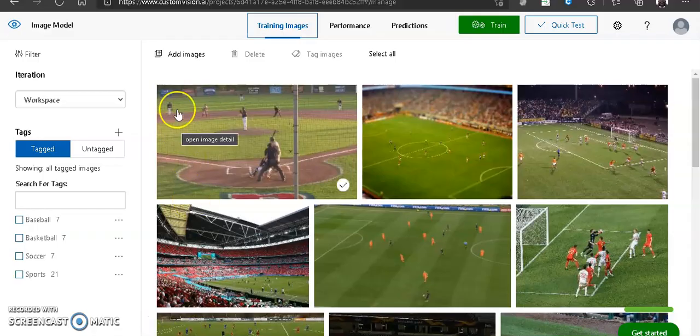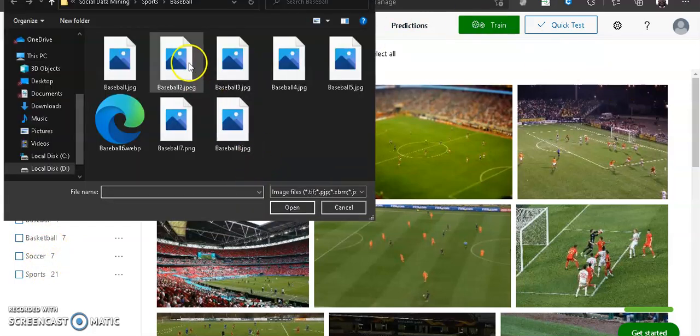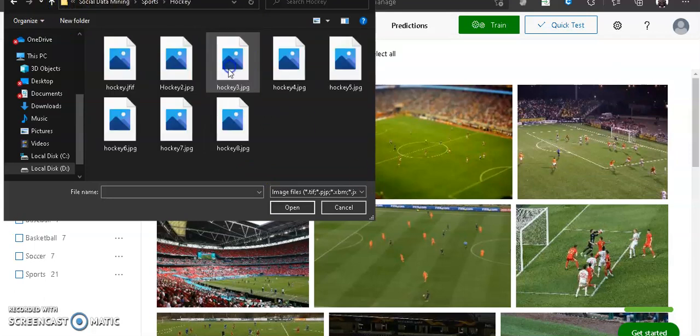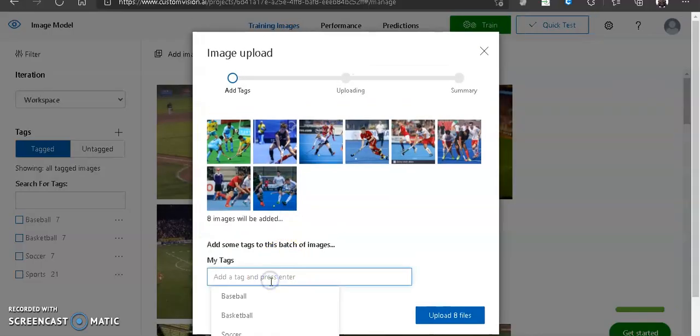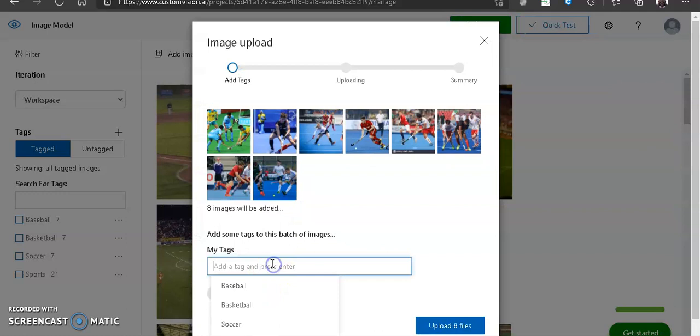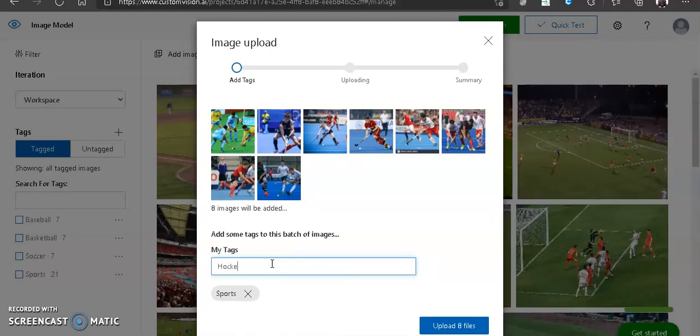First of all, as you can see, I have already created a project on Azure and I already added some images to it. I created a tag called sports, and under sports there are 3 subtags: baseball, basketball and soccer. Now we are going to add some more images, which is hockey. I just got some hockey images, and I'm going to add those too. So yes, sports and hockey,